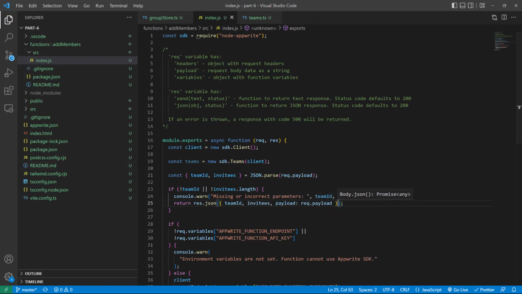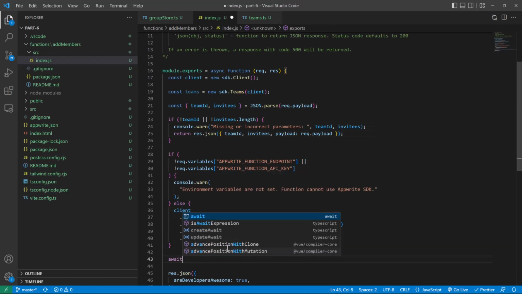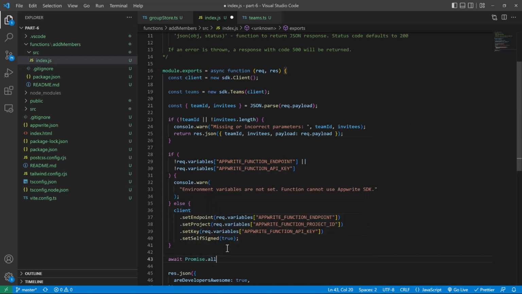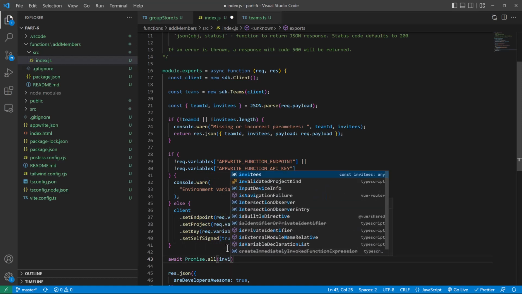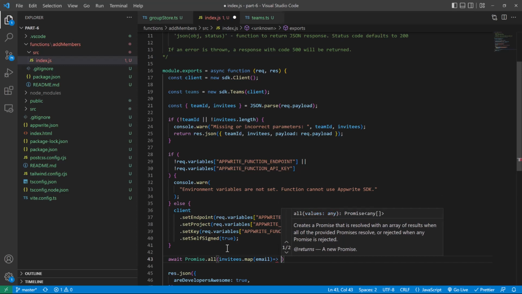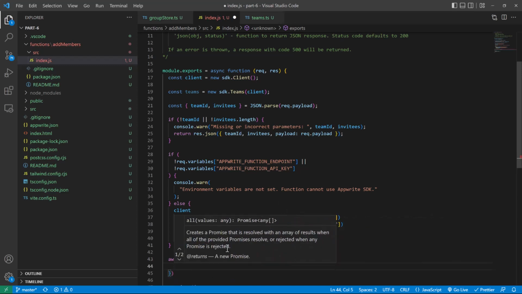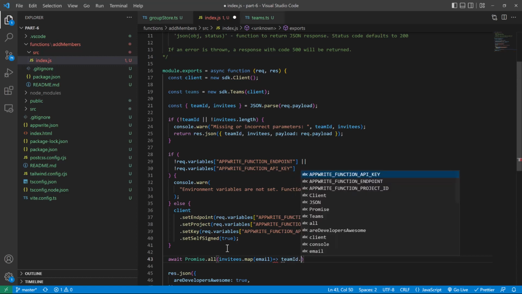All right. Now we get past here. We set the endpoint. And now basically what we want to do is await. This is where we're actually going to invite the team members. Promise.all. And over here we're just going to say invitees.map. And for each person we want to invite, so this is really an email, we're just going to do teams, just get rid of that, say team.create